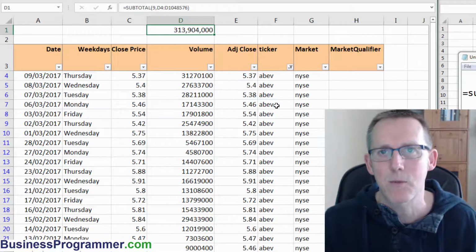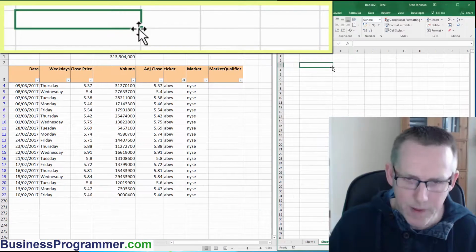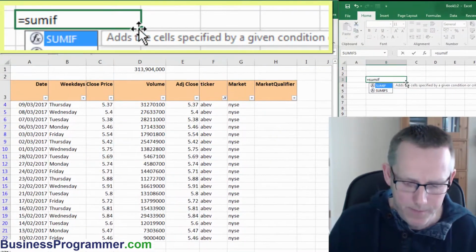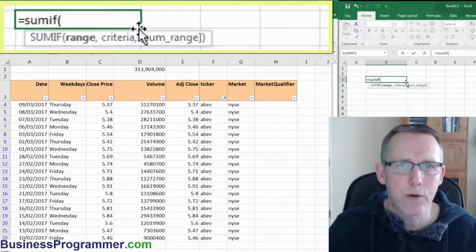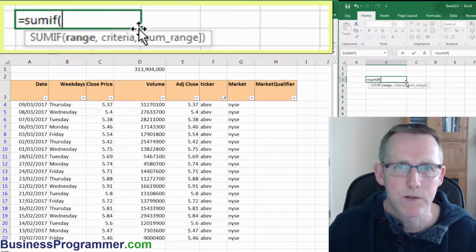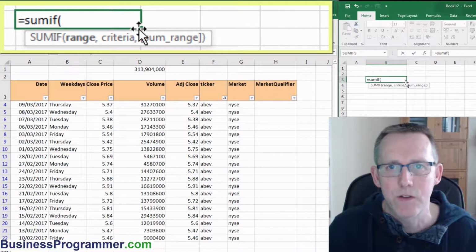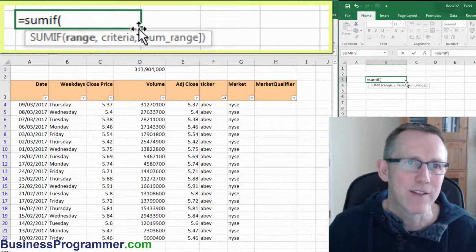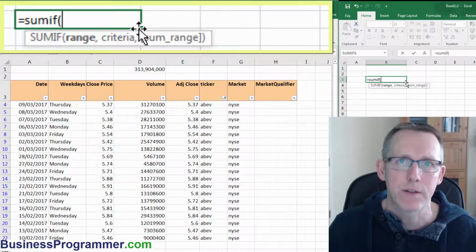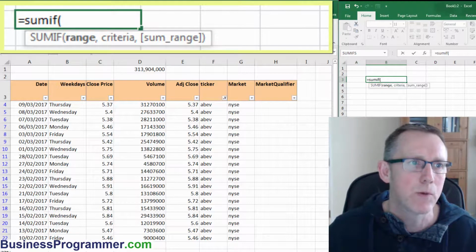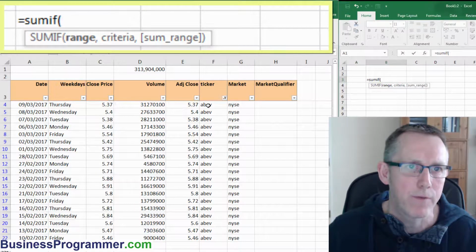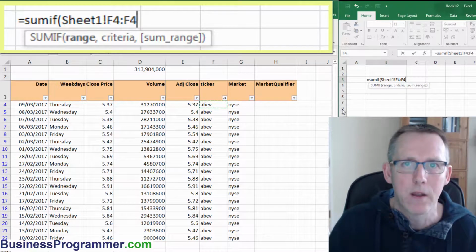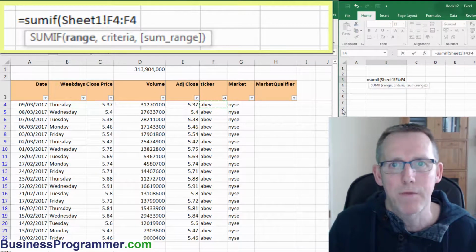Let's now answer that same question using SumIf. Equals SumIf and the range that we're going to choose. So as you can see, the arguments have been suggested there: range, criteria and SumRange. Now the range that we're going to use is going to be the criteria range, and in this instance the criteria is the ticker. So the criteria range will start on the first data row, which is in this instance F4. So if I click on the ticker element F4 and I'm going to go down,